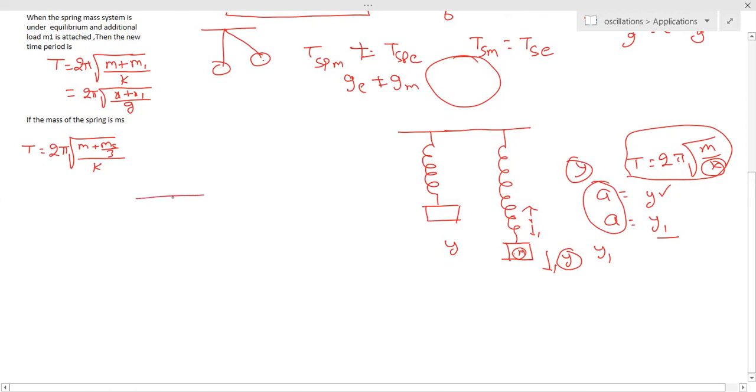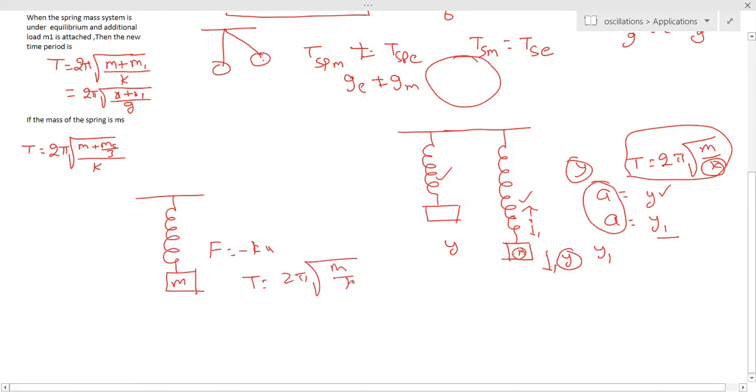Means, see, this is my spring mass system. So if I draw like this, what does it mean? This part is completed, this part is completed. That is, already this spring and this mass, there is some restoring force F is equal to minus kx on this mass. Okay, now in this case what will I do? If I oscillate, what will happen? It undergoes SHM. Means if I pull this down and leave, what will happen? It undergoes SHM with a time period T is equal to 2 pi root